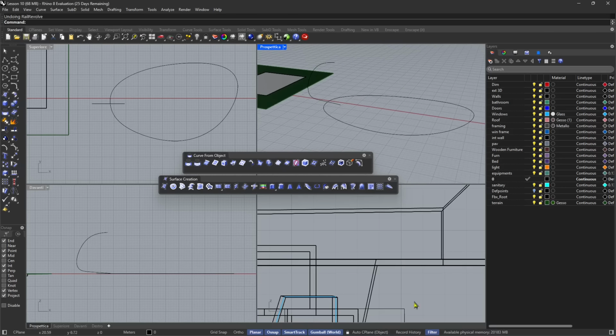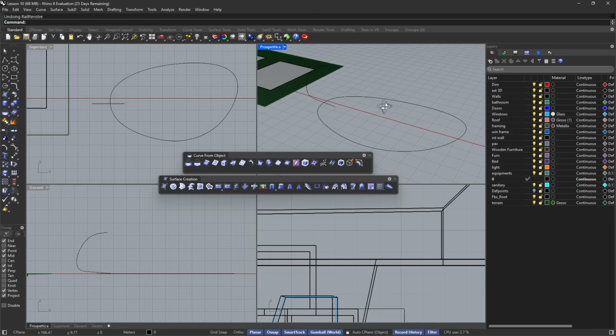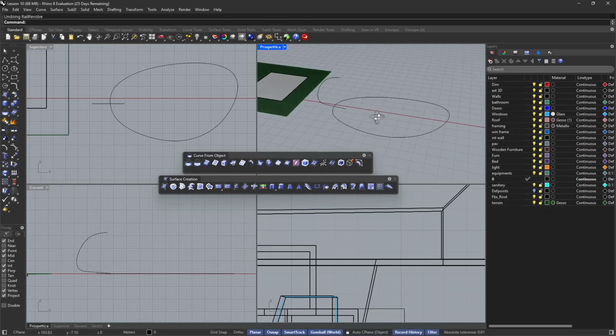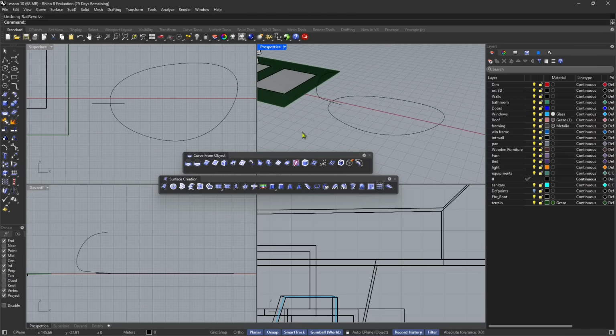Now, if we record history down here, this is the feature that will let you record, so you don't always need to go back if you want to modify it. So if I do again the